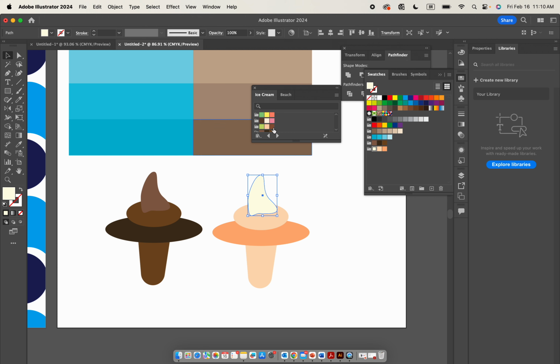So I want to change this into another pink. I can just simply hit the piece and I just click on the color itself. I'm not clicking on the folder. Clicking on the folder means all the colors, these three colors included in this folder are selected. Yeah, so